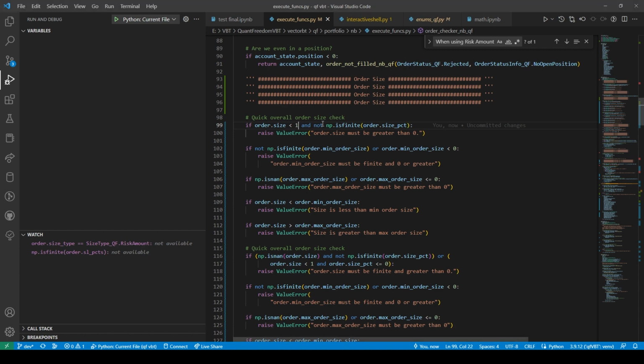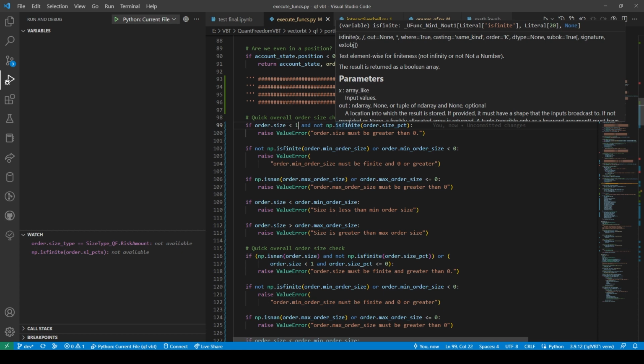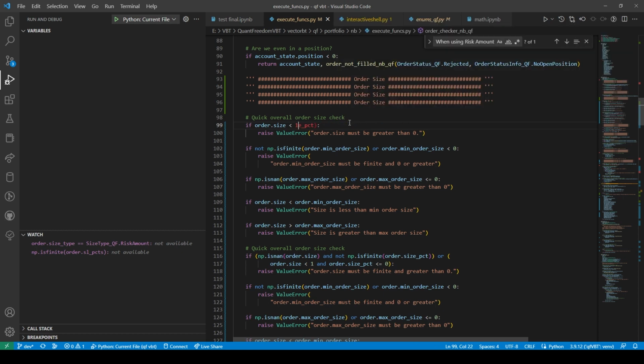Yeah, I think here it has nothing to do with the size percent. So we're just checking to see if this is less than 1. If it's not, if it's greater than or equal to 1, then we move on to the next thing. So now we have to make sure that